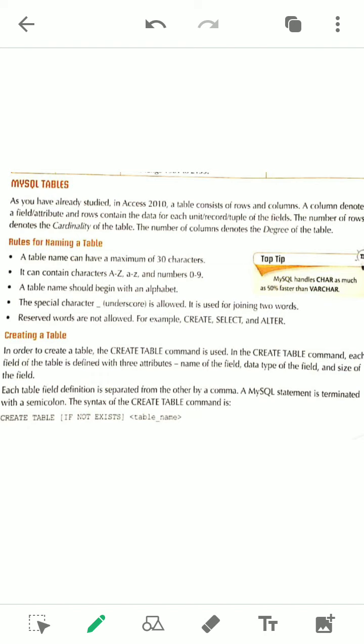Okay, the relational database, the definition was already discussed in the first class I think. Under the database, if the data are stored in different tables and if the tables are related to each other, this is called a relational database. So we must know how to create the table in MySQL. So before that we must have a little bit of knowledge about the table, MySQL tables.